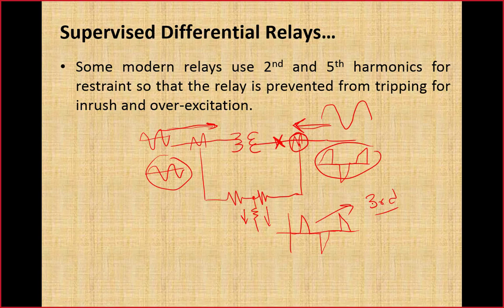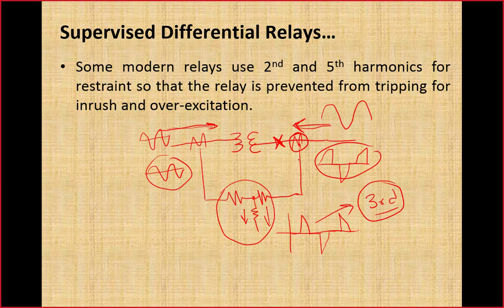And as we move from third to fifth, the magnitude of the fifth will reduce by a large value. If this is the situation, if we are using all the harmonics to block the operation of this percentage differential relay for the transformer, due to this internal fault and CT saturation, this relay is not going to operate because we have the third harmonic component which may be greater than 15% of the fundamental, and tripping will be blocked by this harmonic component. So that is the danger. Fault is there and the relay has failed to operate.